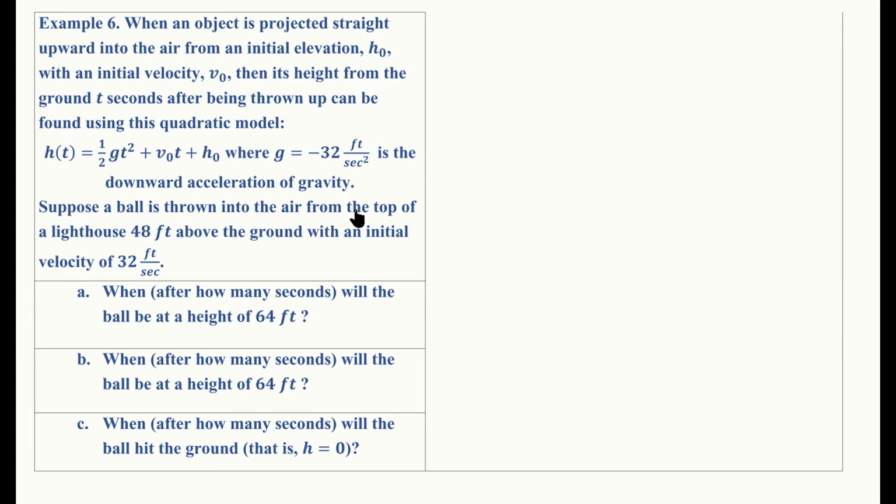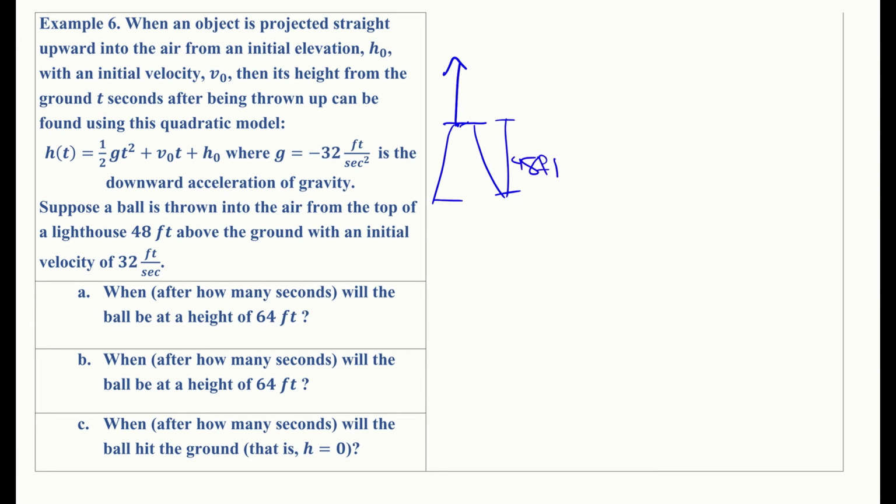Suppose a ball is thrown into the air from the top of a lighthouse 48 feet above the ground with an initial velocity of 32 feet per second. So here we're given that the initial height, so we have some kind of a lighthouse, right? And we're throwing the ball straight up from the lighthouse, right? So the initial height is 48 feet,